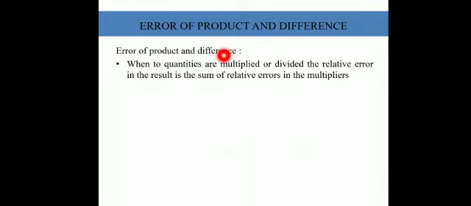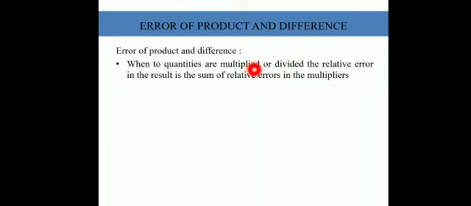Now, how do we calculate the error of a product and division, that is, multiplication and division? When two quantities are multiplied or divided, say we have two values a and b. When we measure the value of a, there is an error. When we measure the value of b, there is also an error. But when we multiply or divide, how is the error calculated? The final answer will always have a